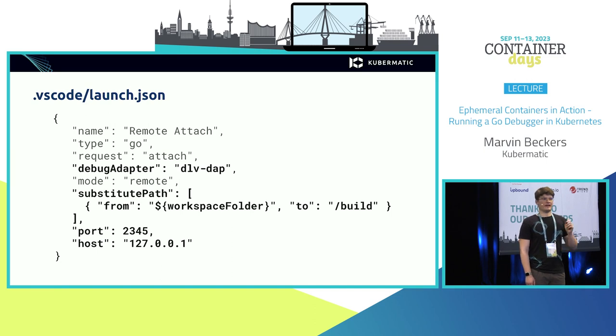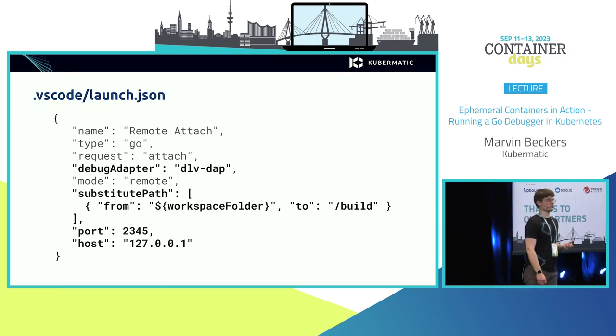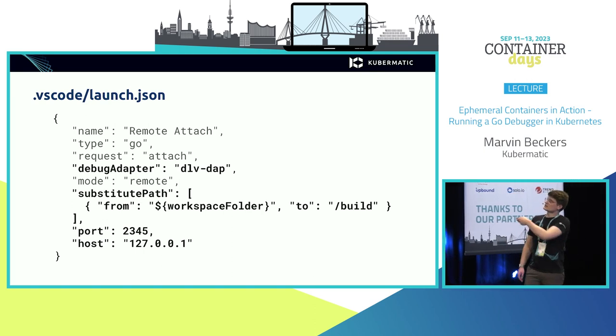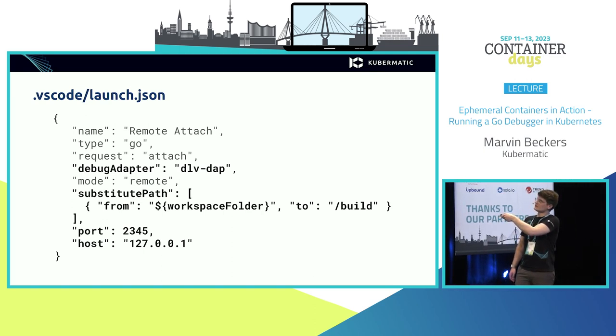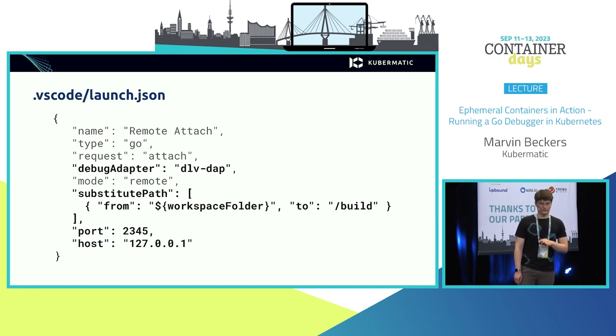And just to take a quick look at a file format that, if you're using Visual Studio Code, or if you're using the NeoVim DAP adapter, this is the file format that you need to pass so VS Code understands how to attach and how to connect. And a few interesting things here are, I want to use the DLV DAP adapter. So I want to speak DAP with a Delve instance. And something also kind of important, since Go compiles the paths to your source files into the resulting binary, except if you trim the paths, but